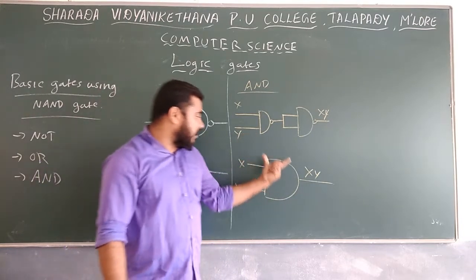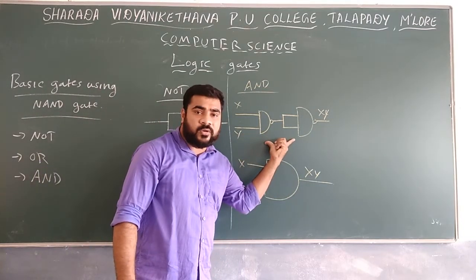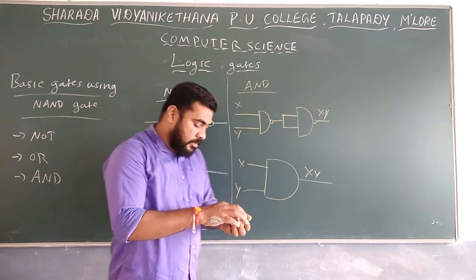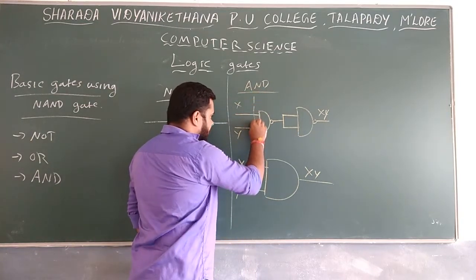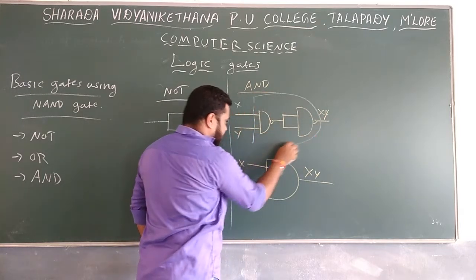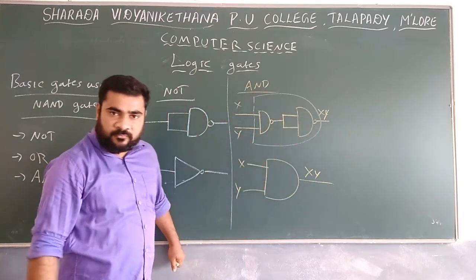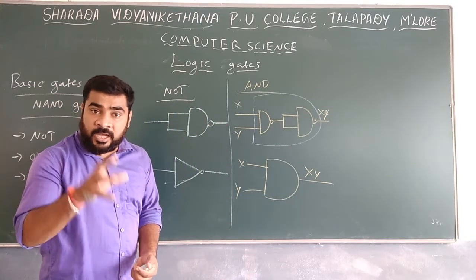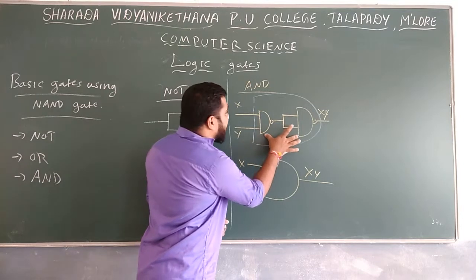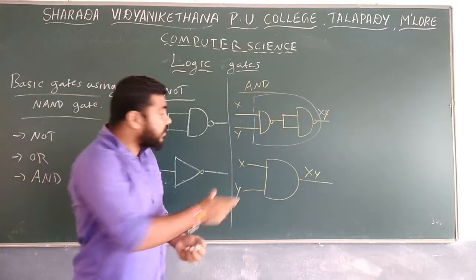Remember, whenever the AND gate is like this, you have to write these two gates together. So you can write like this. For your understanding, I will write like this. This is an AND gate together. The entire one gate combines two inputs, two gates. If you want to construct the AND gate, these two gates are required.